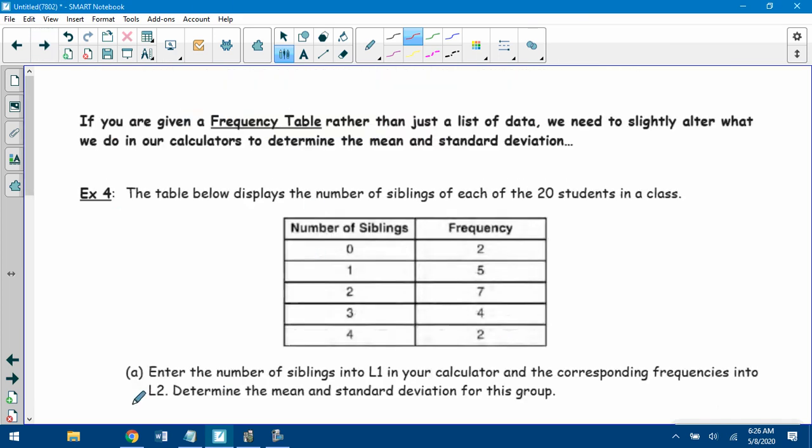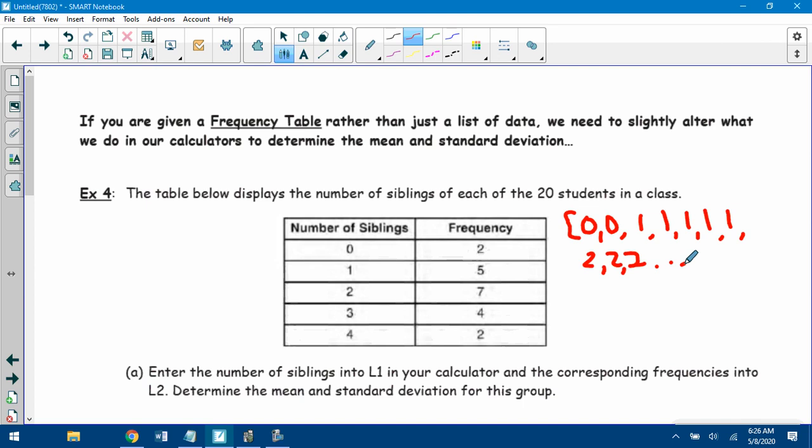Okay, last page. If you're given a frequency table rather than just a list of data, we need to slightly alter what we do on our calculators to determine the mean and standard deviation. The table below displays the number of siblings of 20 students in a class. So when you have a frequency table, it's kind of just a way to clump all the data together. This tells you that there's 2 people with 0 siblings. So if I was going to list out the data like I did on the last page, we'd have 2 zeros, and we'd have 5 ones, we'd have 7 twos,